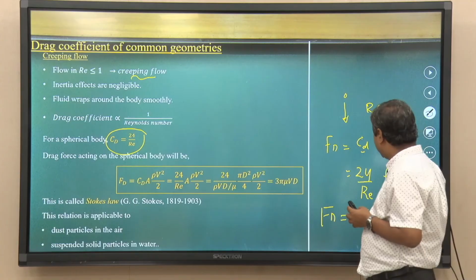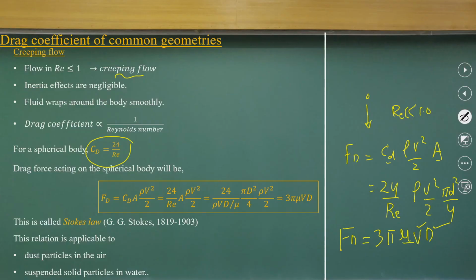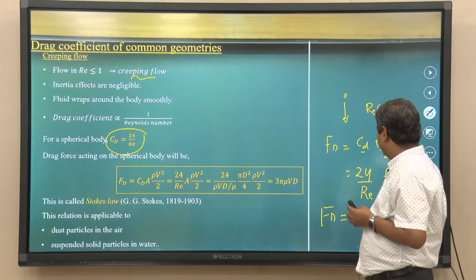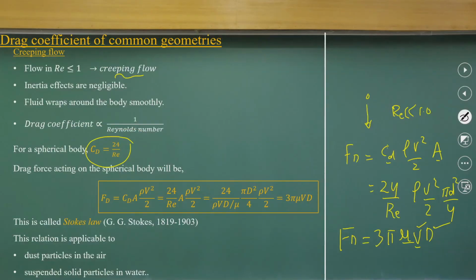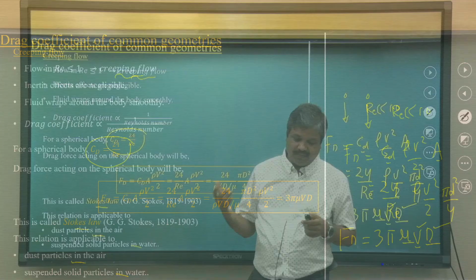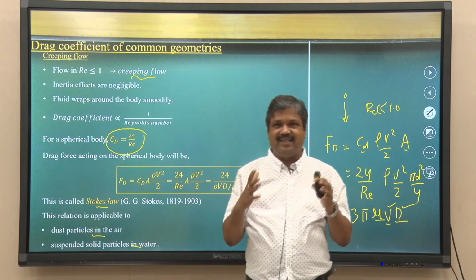So, that way if you can try to understand it, the dropping of the dust particles has functions of velocity, at what velocity it is coming, and it also depicts the diameter and the mu value. So, that is what is called Stokes law. It is valid for the dust particles. Not only that, any suspended solid particles in the water also follow the Stokes law. It is a very simple law, because it has